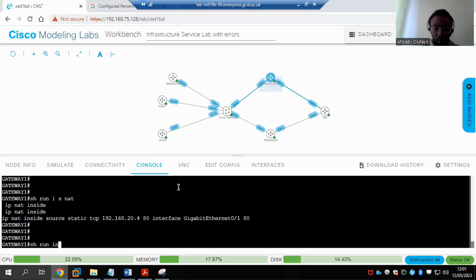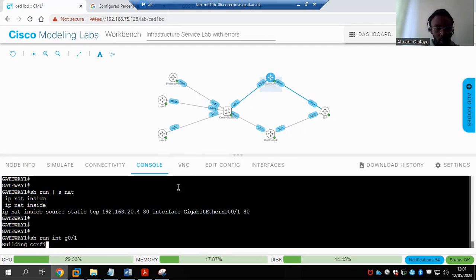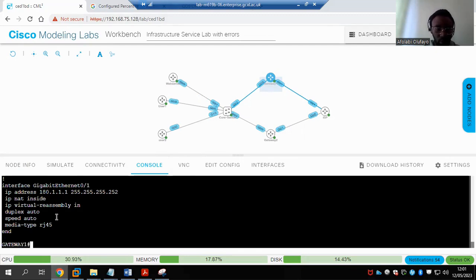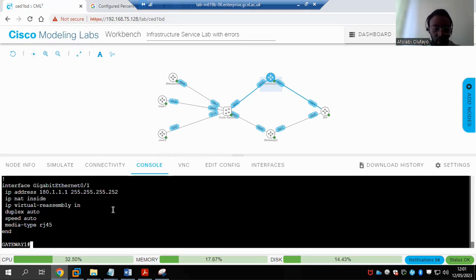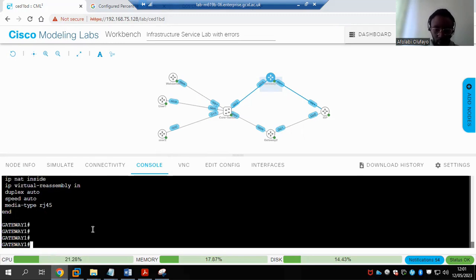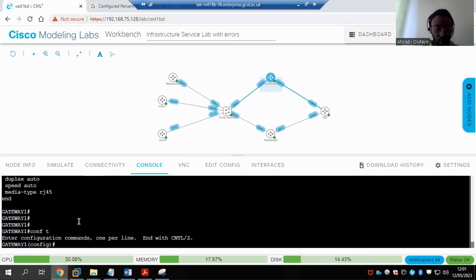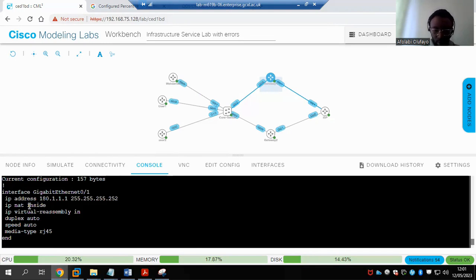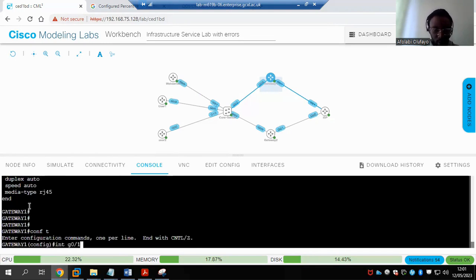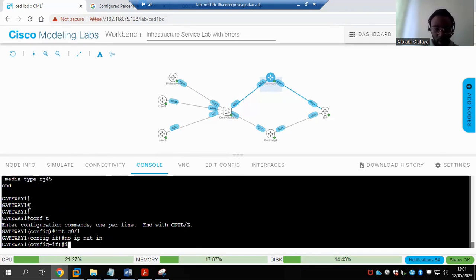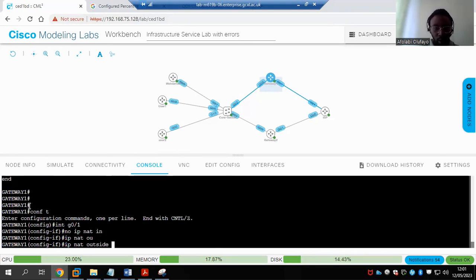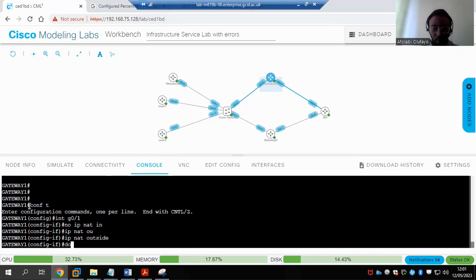So I'll check 0/1. There's no outside, that's why I have to check my IP NAT inside. So now config t, interface gig 0/1, no IP NAT inside, IP NAT outside, and I save.